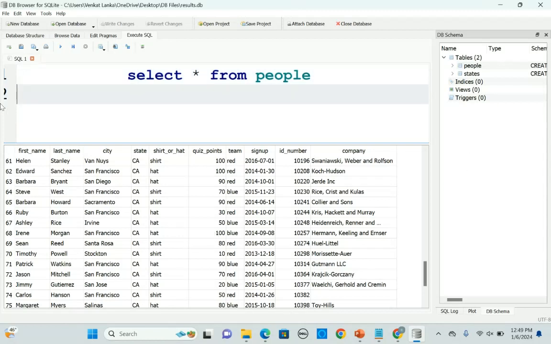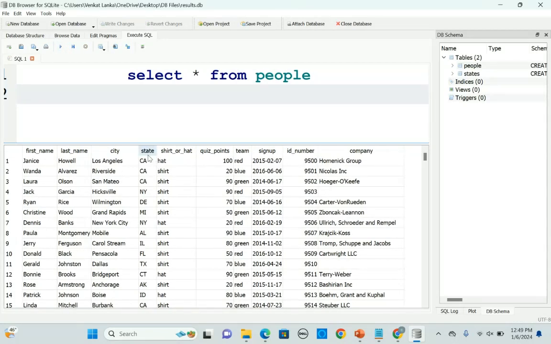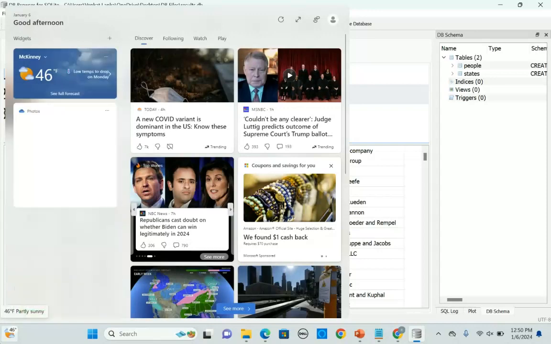Again, I'm going to my first query, which is select star from people. Here we have different state codes. Now I want you to know how to filter the data based on the state codes, meaning what are the different states that are available. For that kind of a requirement, you will be using a group by clause. Group by